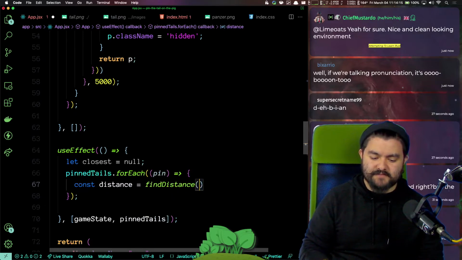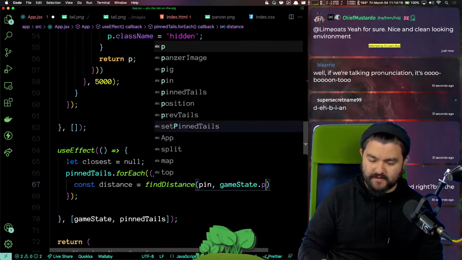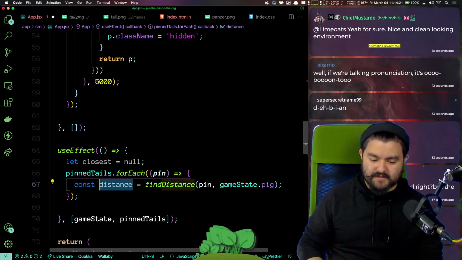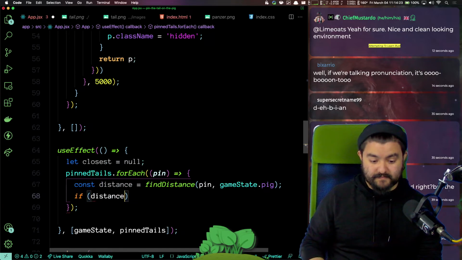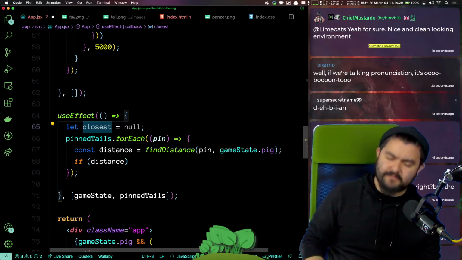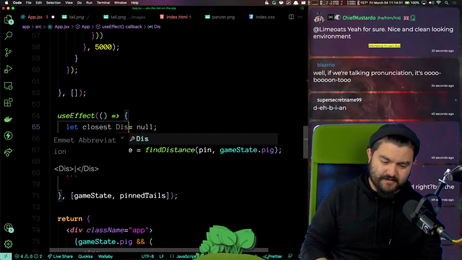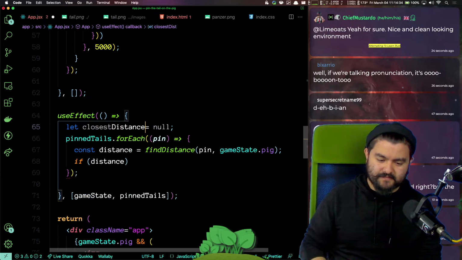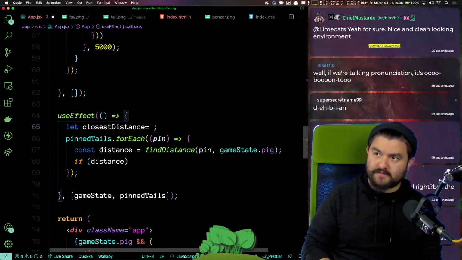So we want to find the distance between the pin and the pig, so gamestate.pig. And if that distance, so we'll say, I don't know. We need this. It starts off as